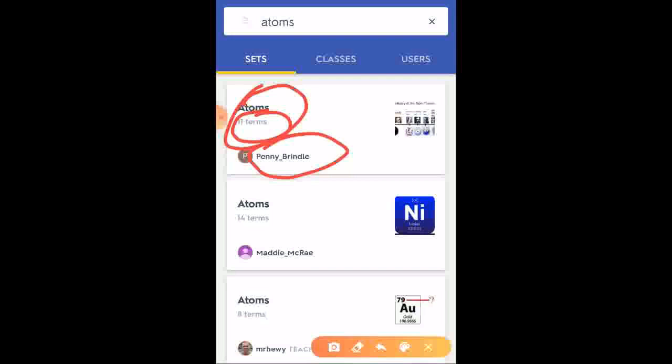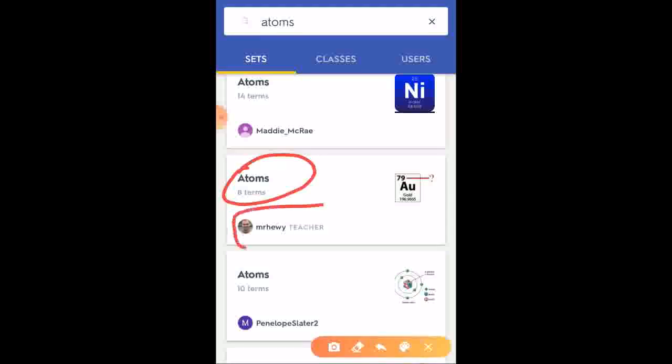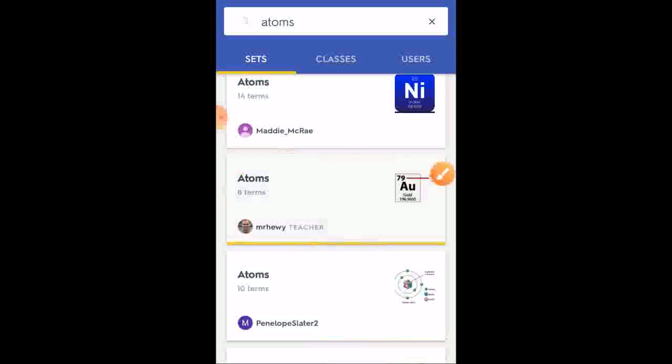Now I have already practiced it, so I am not going to teach you that. Now I am going to the third option here. Here you have a small lesson or small test on atoms, learning about 8 terms, and he is a teacher who has created it. Now we go and click on that.